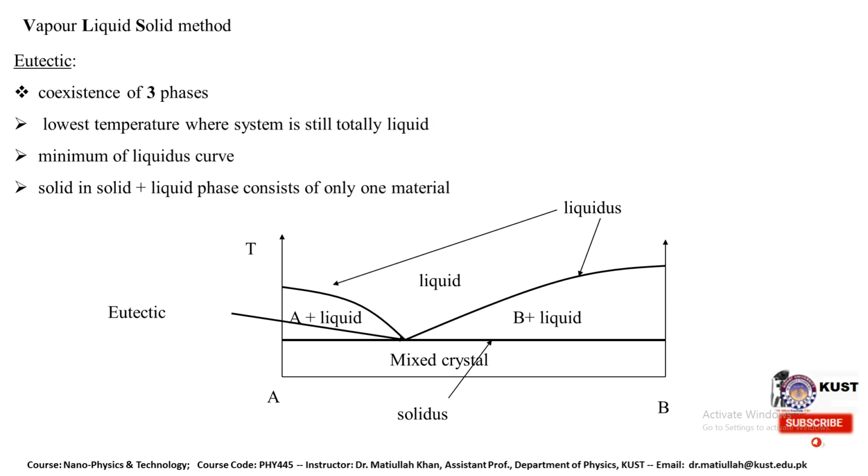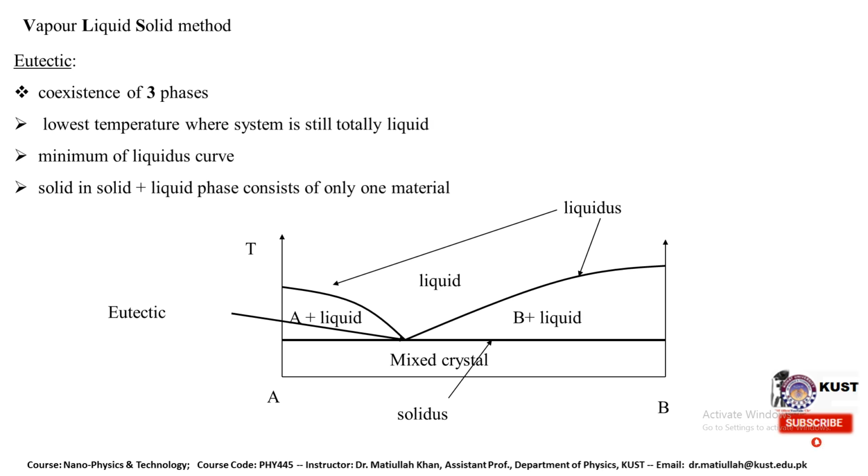This is something about the vapor liquid solid method. This is again a very general explanation, or a very general phase diagram, of this method. Again, if we want to specialize it for a particular semiconductor material, there will be modification in this process. It depends upon the nature of that particular semiconductor material and its conversion from liquid to solid or solid to liquid, maybe through particular phases. So there is a coexistence of three phases as well in this method,